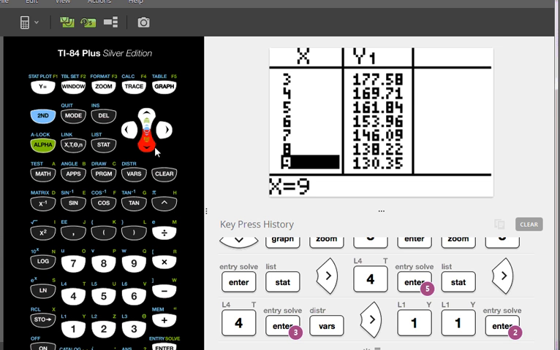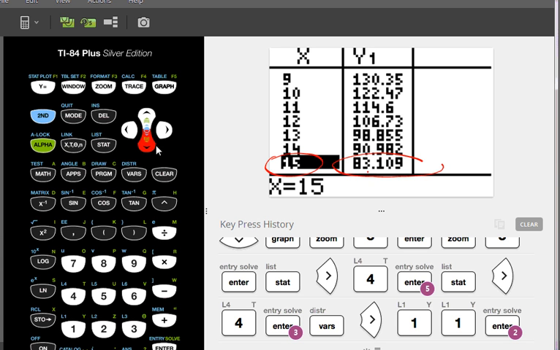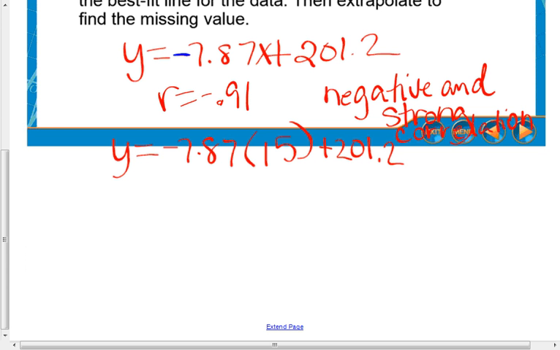And because it's a pretty strong correlation, it's probably going to happen. And what is the score typically going to be for a 15th ranked bowler? 15 and their score of 83.1. Now we'll round to the nearest number and we'll write that they will typically